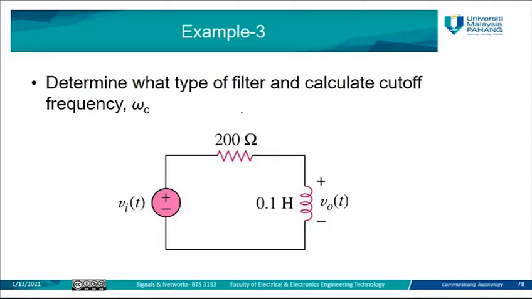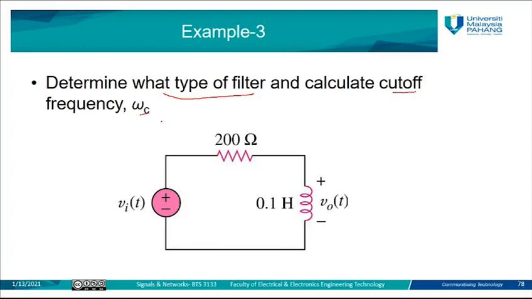So in this example here, the first example about the filters, determine what type of filter it is. That means you need to decide the type of this filter based on the information that you have before. I mean, based on the component, the cutoff frequency, and the magnitude of the transfer function at the initial condition, I mean at 0 point and at infinity, and calculate the cutoff frequency here,